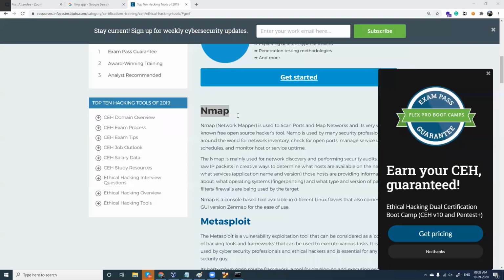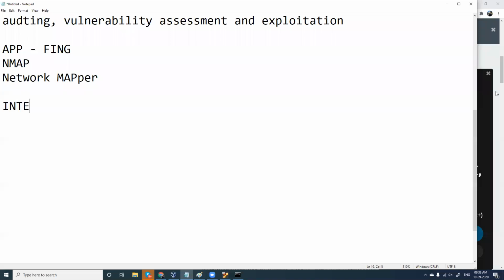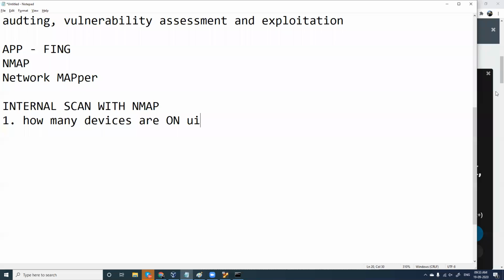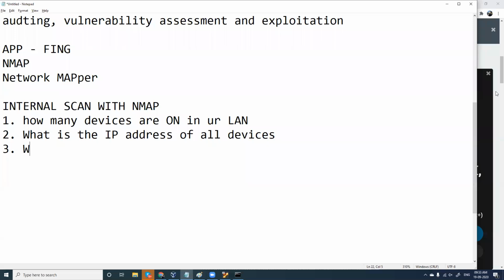So the first thing we'll do is perform an internal scan with Nmap. So you are going to find out how many devices are on your network, in your LAN. And then we'll see what the IP address of all devices is. And third, what the MAC address of all these devices is.